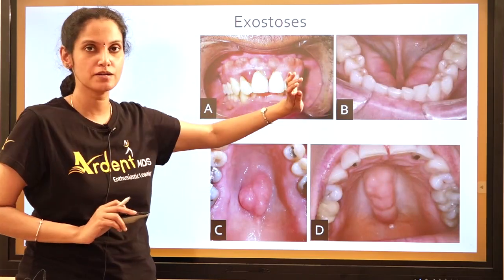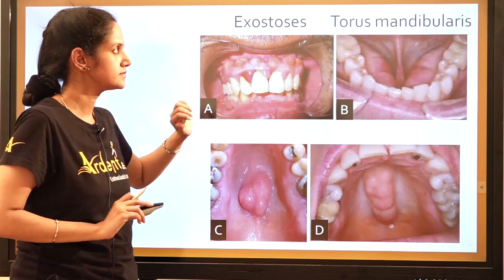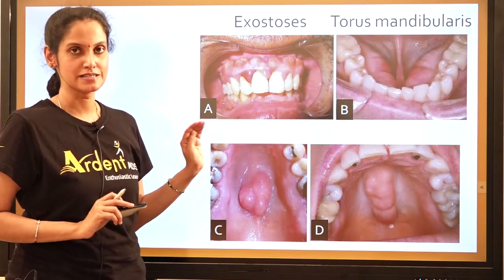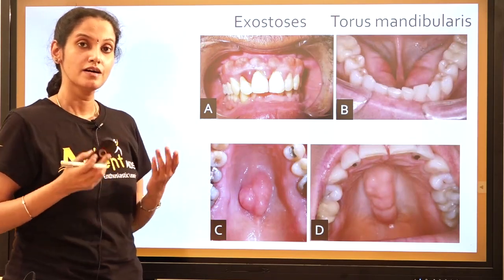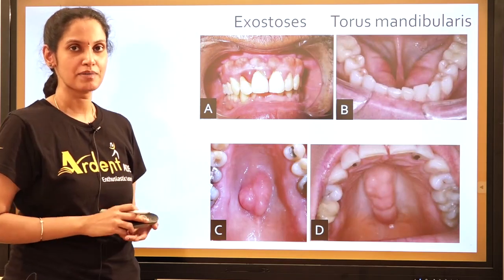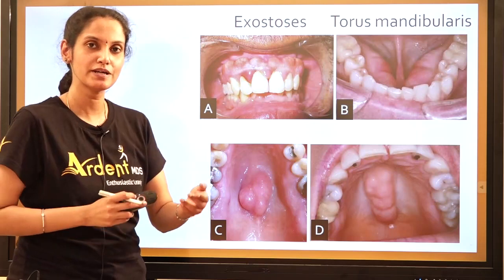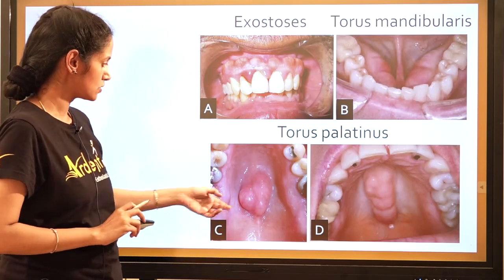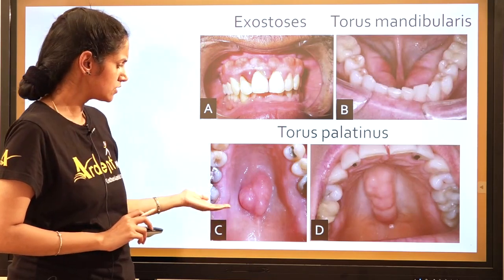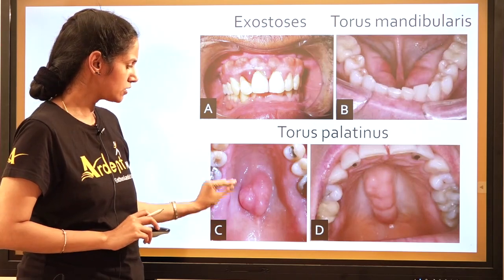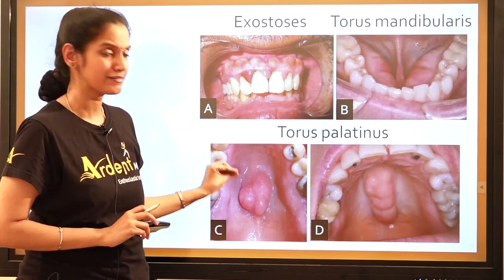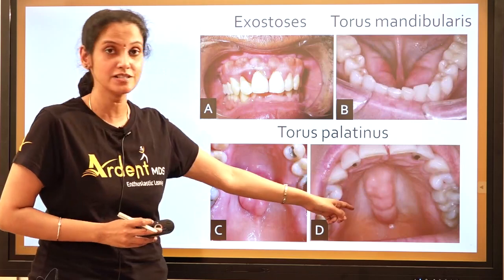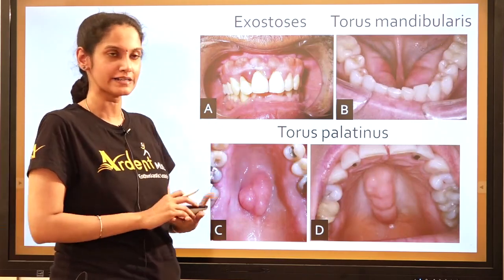On the lingual side of the mandible near the premolar region, it's torus mandibularis. And torus palatinus is the same bony projection which occurs in the vault of the palate, in the midline of the palate. But based upon their shapes, they could be flat, spindle shaped, lobulated, nodular. Okay, so this what you see could be called a flat torus because it has a sessile, one single base. This is spindle shaped because it's elongated along the midpalatine raphe.